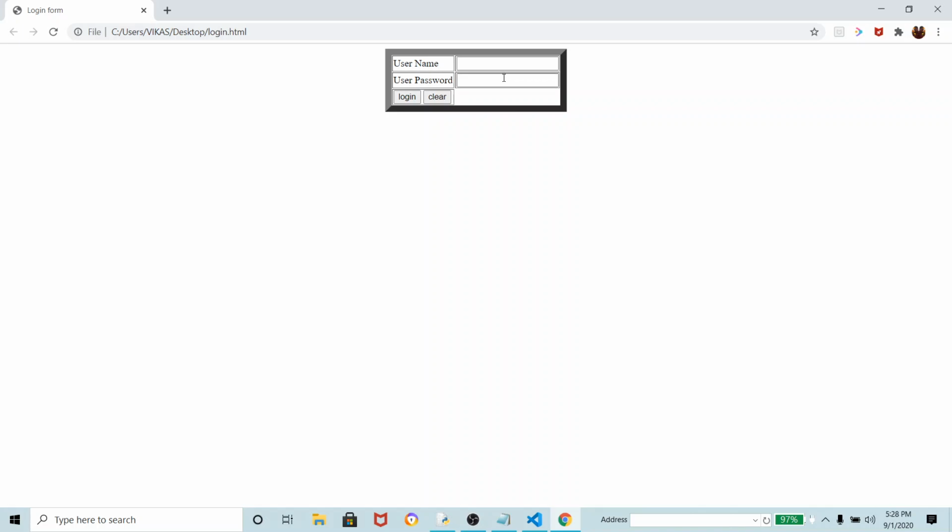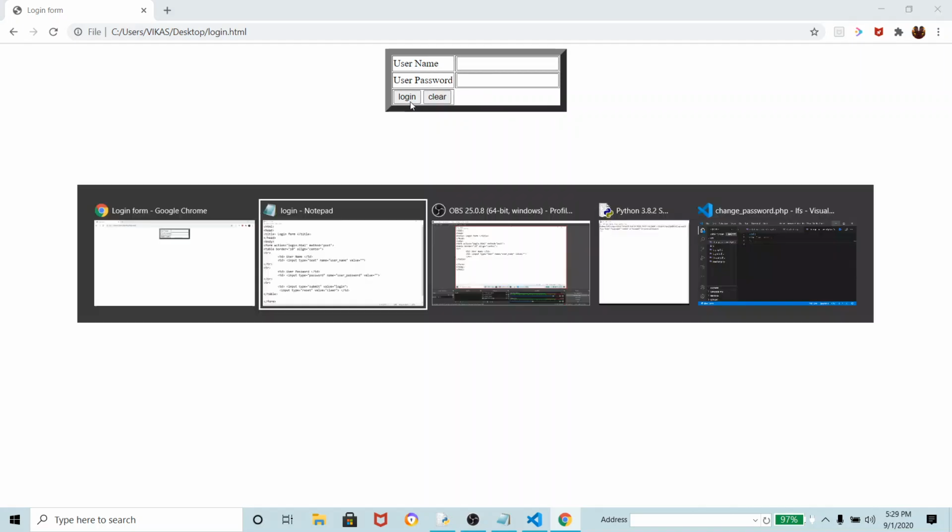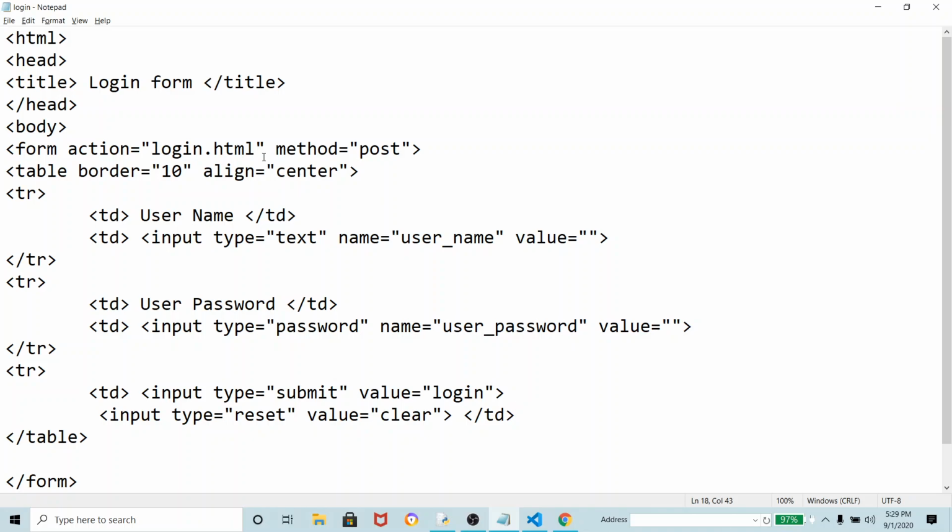Clear? So if you want to make the fields blank, you have to use input type is equal to reset in the form. So when you click on clear, it will reset, and then login, if you click. If you are working with server side programming, as you click on login, all this data will reach the server.